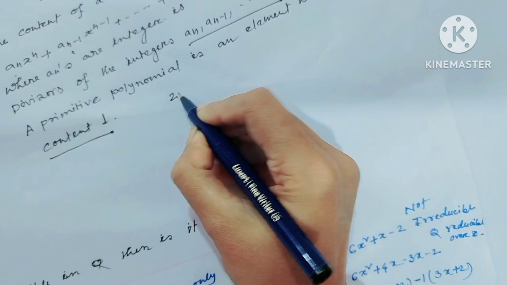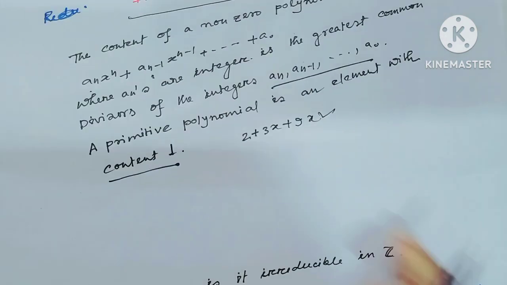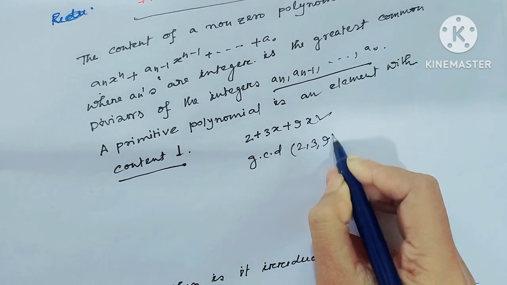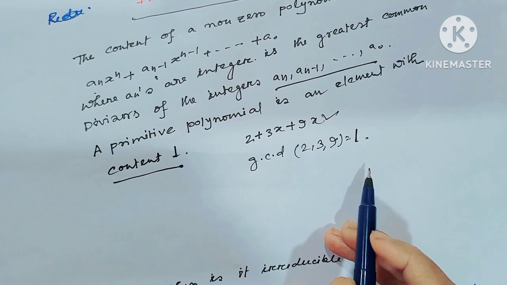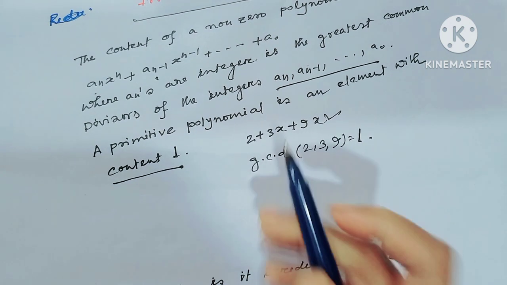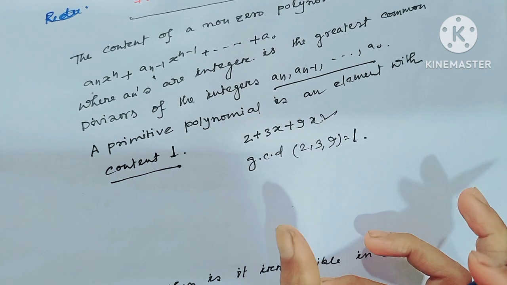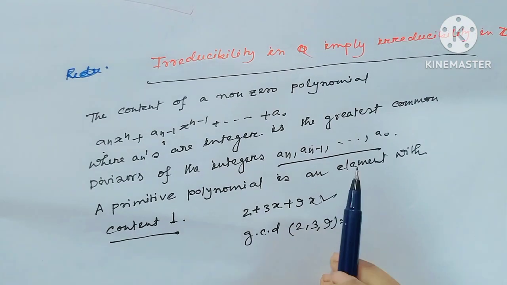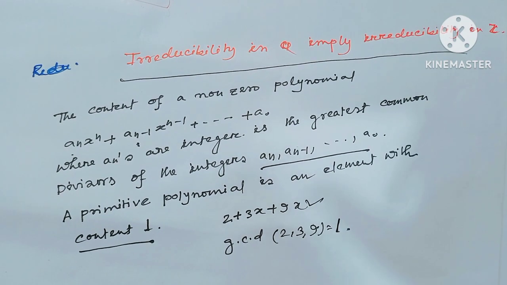As an example, consider the polynomial 2 plus 3x plus 9x². Notice the GCD of 2, 3, 9 equal to 1. Since the GCD of 2, 3, 9 equals 1, obviously this polynomial is a primitive polynomial. And when the polynomial is primitive, then irreducibility in Q always implies irreducibility in Z. Okay? Now I will see